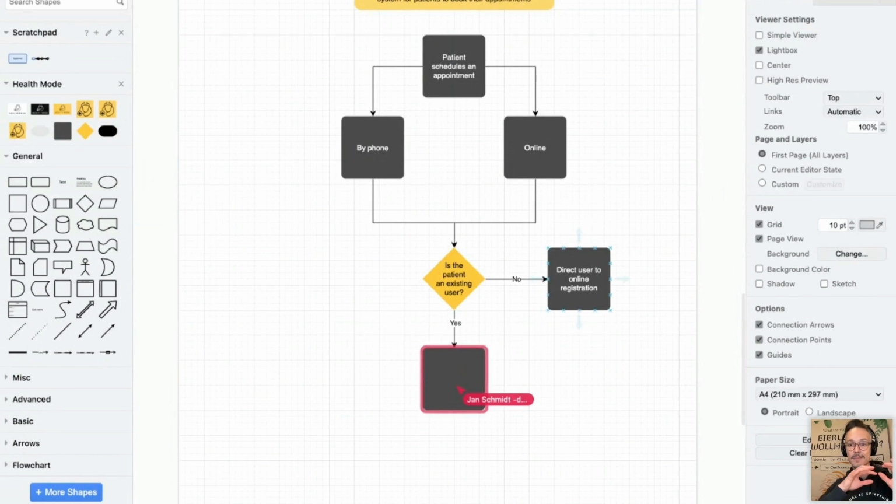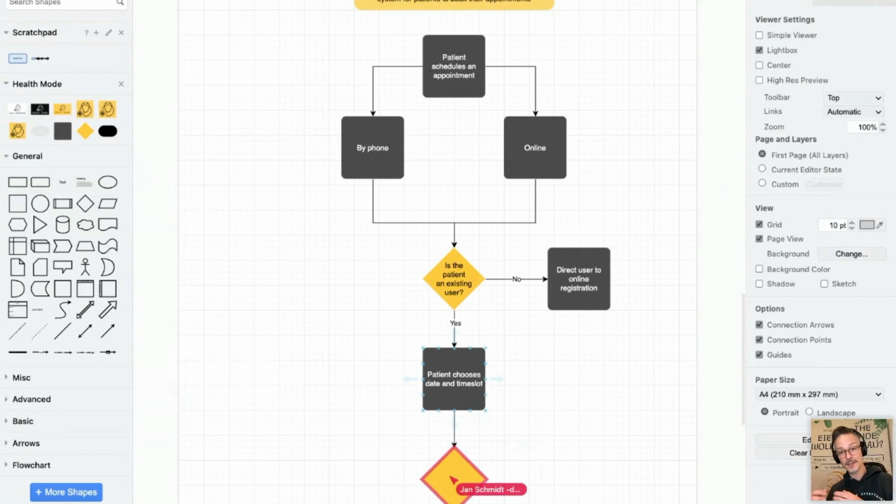And you see, while I do this, and I might even tweak this a little bit, Jan can keep on enhancing the diagram in his own way, and even add a couple more decision shapes. So this is how you can work together with your team. Collaboration is possible inside our diagrams editor and also in our board editor. I would even say in the board editor it's a little bit more powerful, because there the focus is on